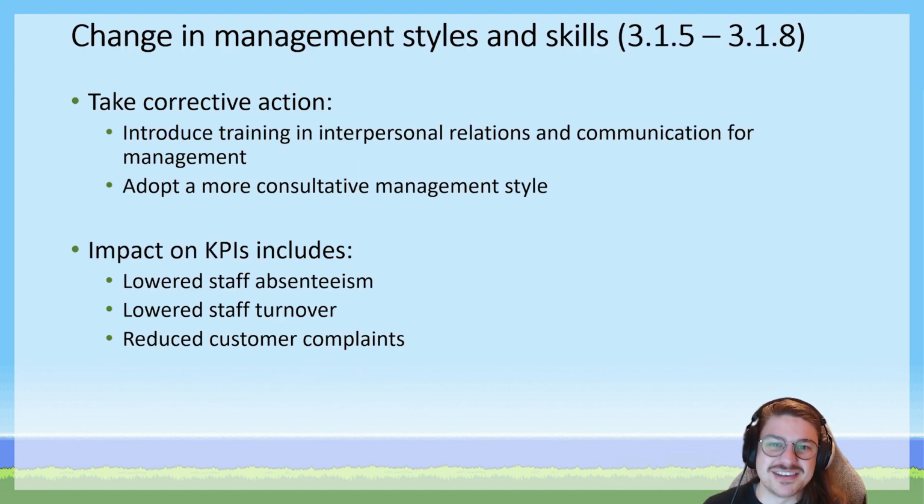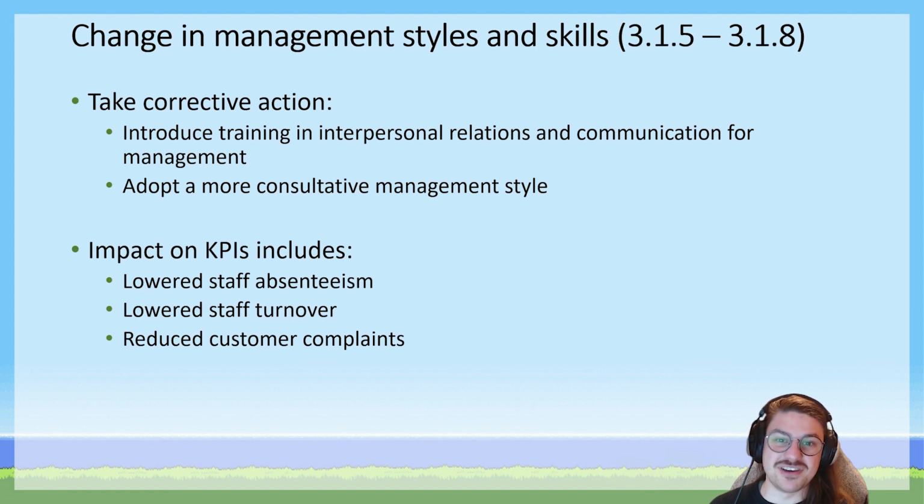Management styles and management skills found from key knowledge points 315 to 318. It's quite possible that changing skills, particularly focusing on the implementation of communication or leadership or controlling or time management or planning, any of those skills, or adopting an autocratic style or a persuasive style can have impacts on a business. Certainly where there are complaints to do with interactions with management, particularly if those complaints are coming from employees,